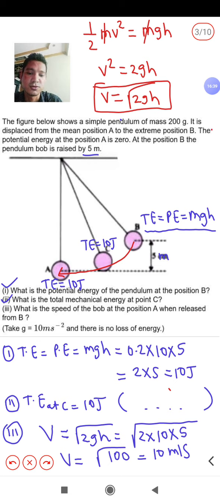So you just need to remember this formula: speed of the object at the bottom, kinetic energy and potential energy. With the help of these three formulas we can solve these numericals. Do practice because there are such numericals in exam. So I hope you have understood the calculation here. Okay, do comment and let me know. Thank you very much.